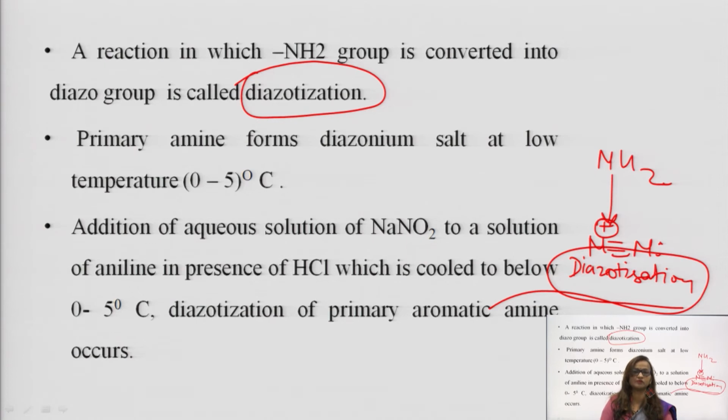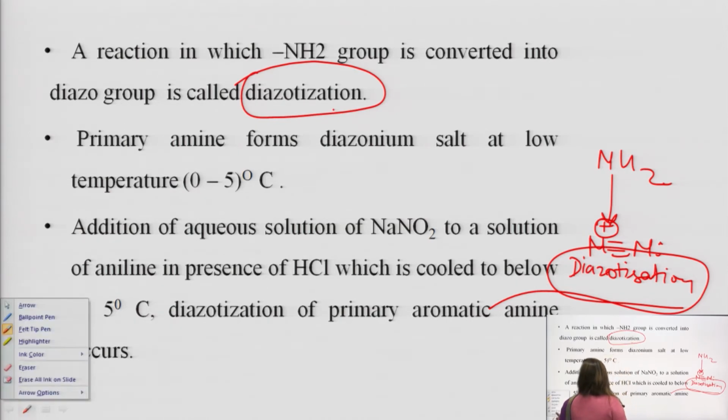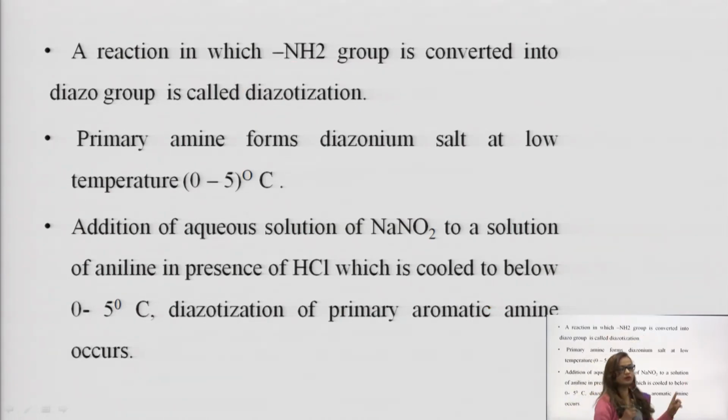we are in other subjects or in this subject we are reading the synthesis of many compounds, many drugs, and in the synthesis process you must have noticed that some steps are there in which the diazotization reaction is taking place. And what is the meaning of diazotization? Only two words: when amine is converted into diazo group. When amine gets converted to diazo group, it is known as diazotization. Now the question is, what is the need of that diazotization? Can anyone tell me what is the need of that diazotization process?